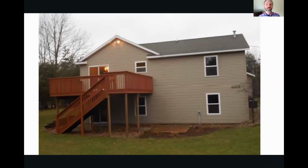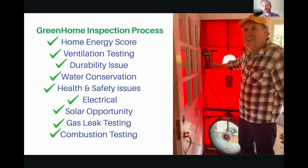However, it definitely included some water management issues related to the design and durability of the home. I purchased this house in 2016, and just as I personally advise everyone to do when they go to buy a home, get something that we call a full green home inspection, or whatever local equivalent you might have